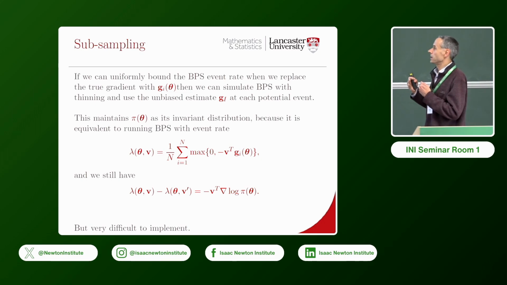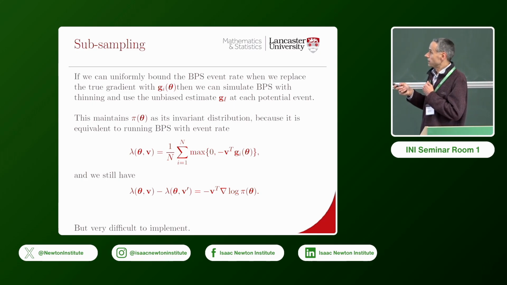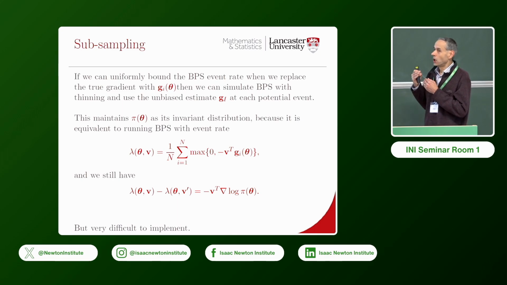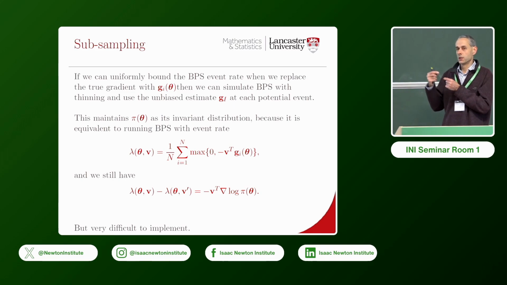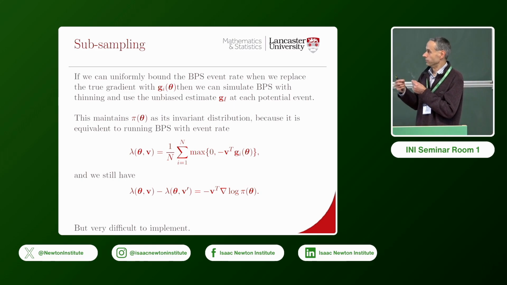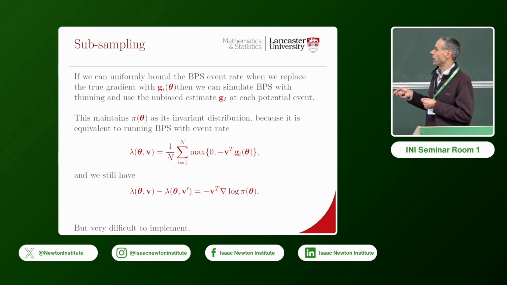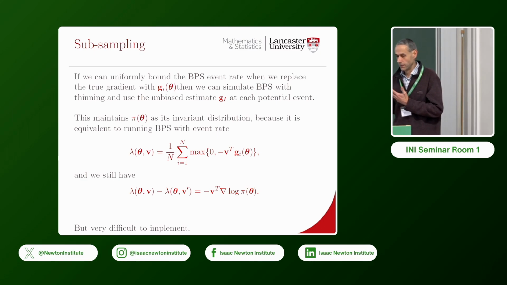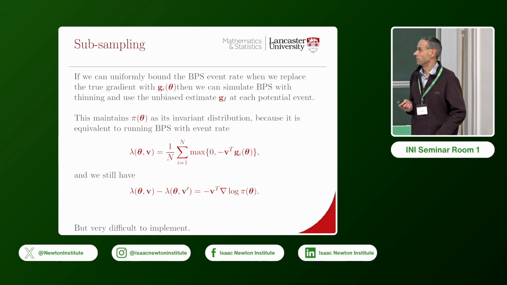invariance of pi of theta for the PDMP sampler is determined by the rates, essentially the difference in the rates: the rate of changing the velocity v to something new compared to the rate at which you would do the reverse transitions. And it turns out that although you're using a different rate, that difference is still the same as with the bouncy particle sampler. And it's that property which means that the theta component of the stationary distribution of the process is the same as for the true bouncy particle